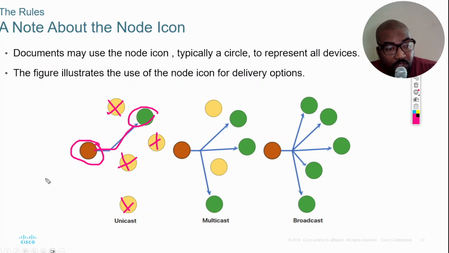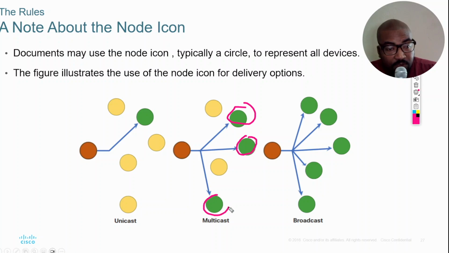Because this is only between this sender and that receiver. Now, multicast, essentially, I'm sorry, I should not have done that. That's my fault. A multicast is these individuals see the information. They don't. Broadcast would be that everybody gets it because they're trying to find out